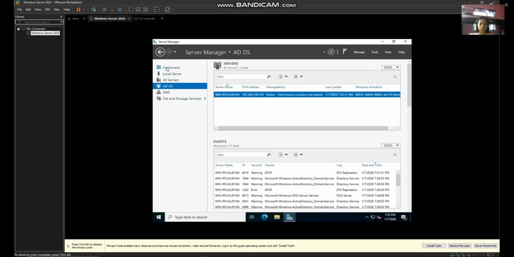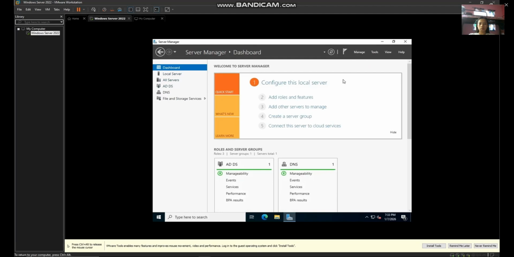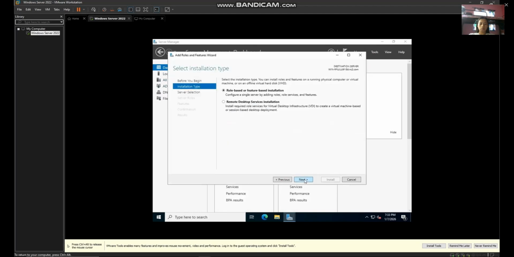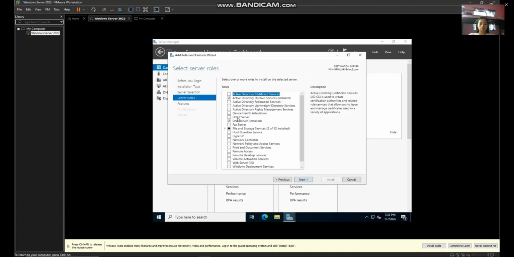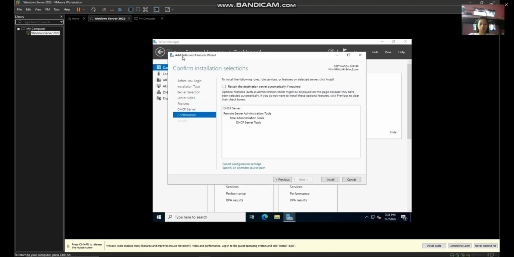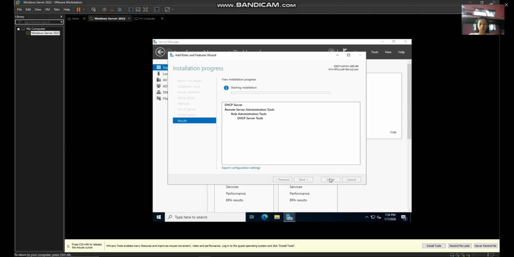Next, back to the dashboard, so add roles, so we can next, next, next, then choose the DHCP, continue, select next, so check the restart, yes, so we can install.